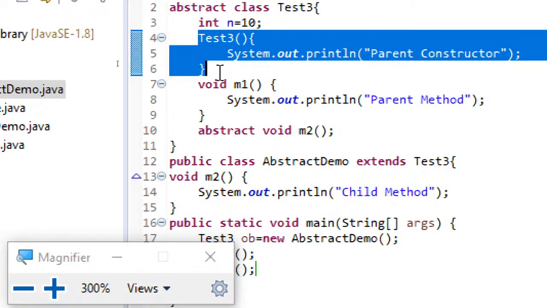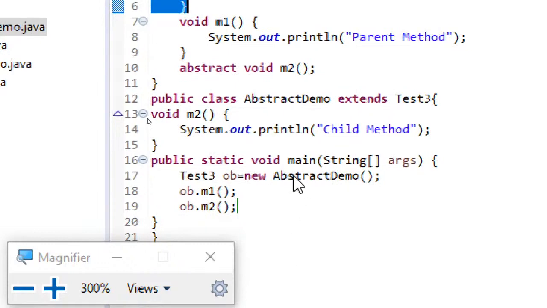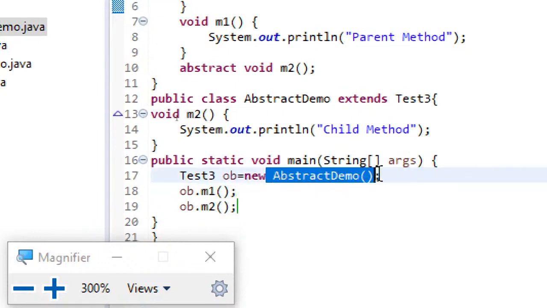So I hope everyone understood why the parent class can have a constructor even though we cannot create an object. This is the reason. Even though you can't create an object for the abstract class, you can still have a constructor in an abstract class which can be used by the child. That's the reason when you are invoking this AbstractDemo, this is of the child. But if you observe, I did not even define my own constructor, and you know the reason. Even though you don't define your own constructor, JVM will add the default parameterless constructor to your class.